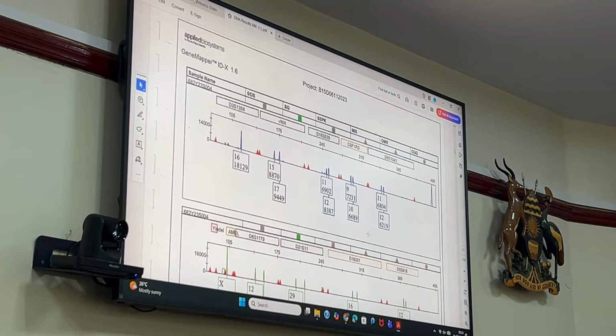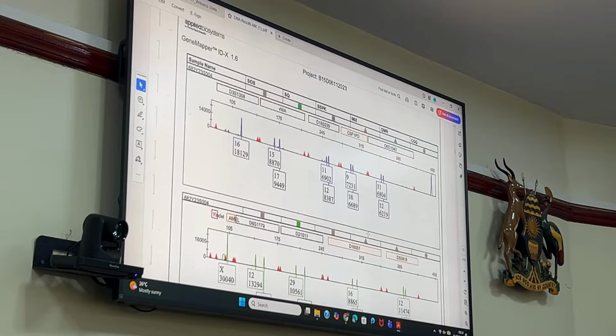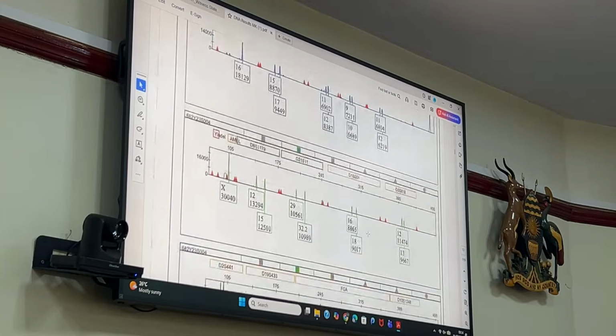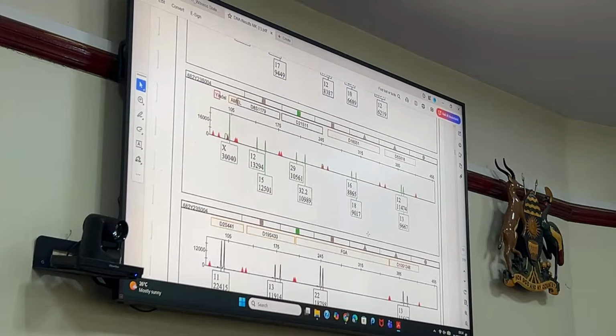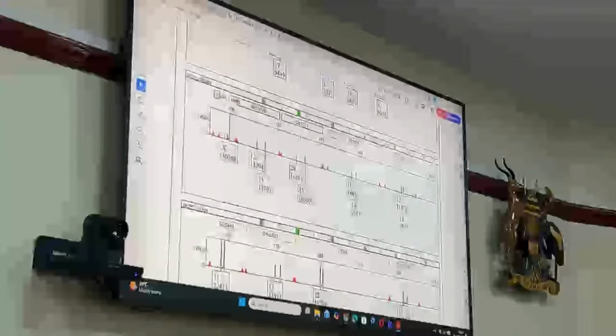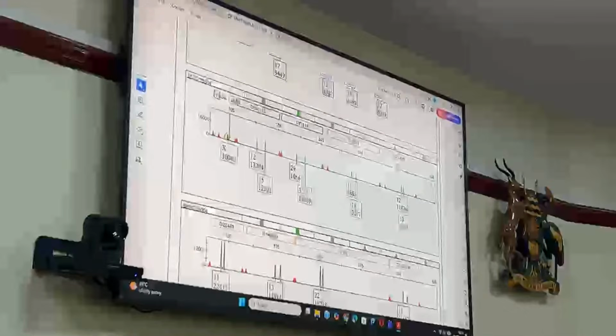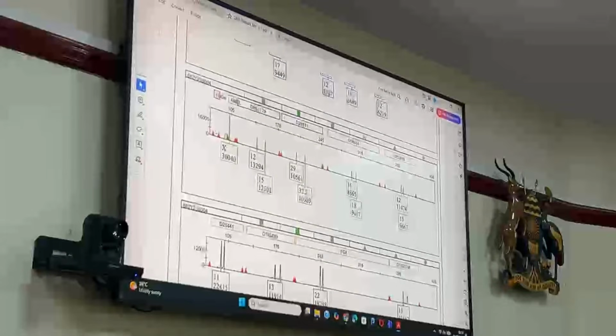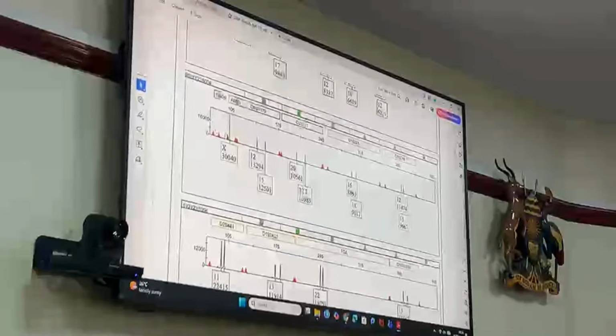We're seeing one line which ends at D6, correct. The next one, which is green, begins on the left-hand side. You can just see this area here is a specific male-only DNA test. What is it called? So this one is